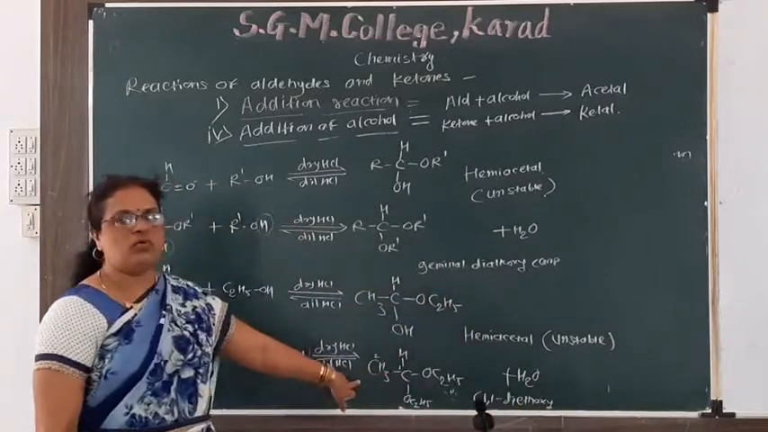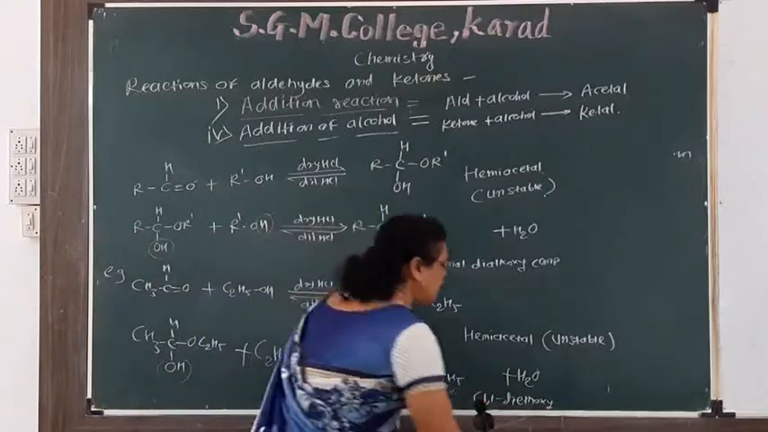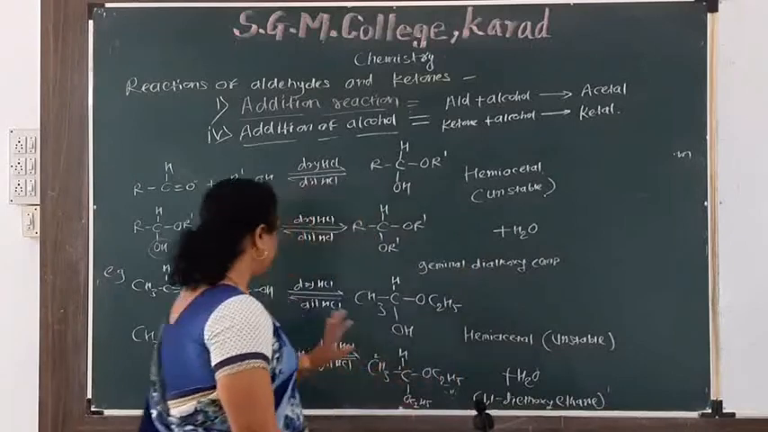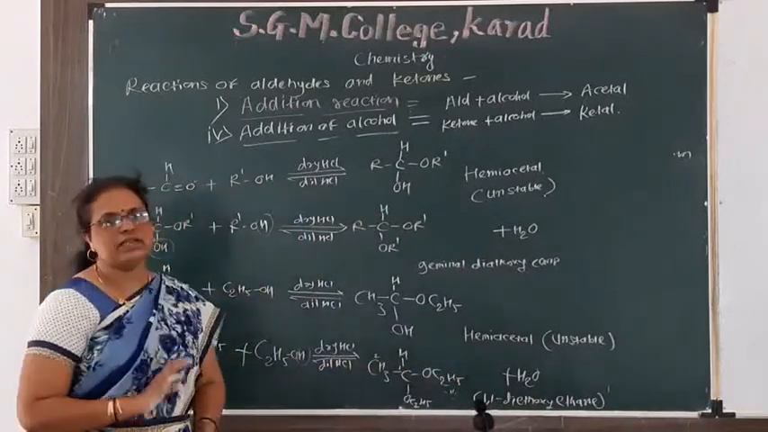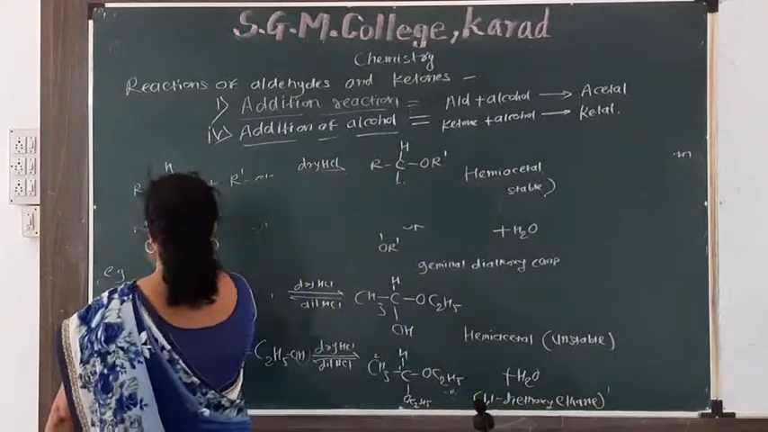And two carbon atoms alkane is ethane. Therefore, 1,1-diethoxyethane. Similarly, in case of ketone, here ketone when treated with alcohol,